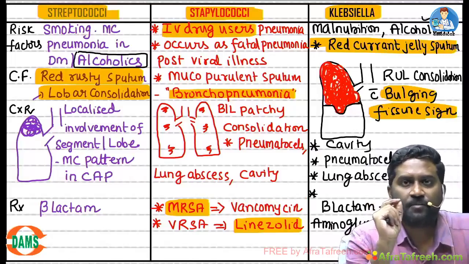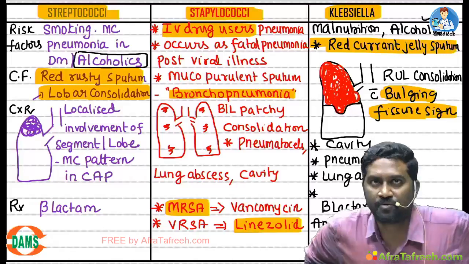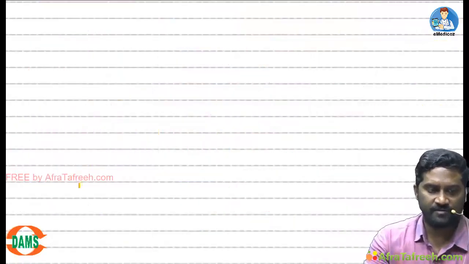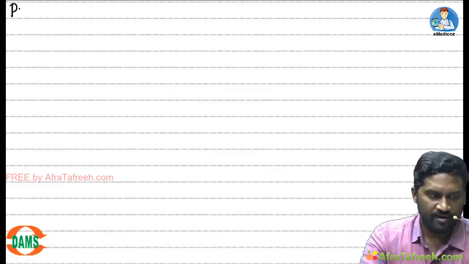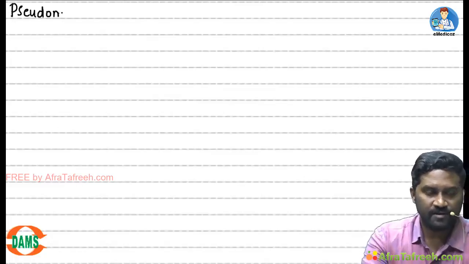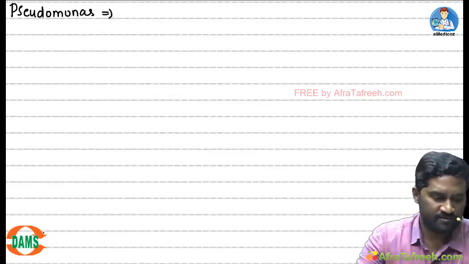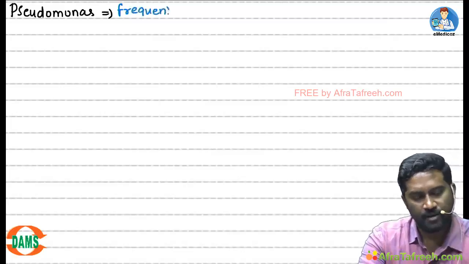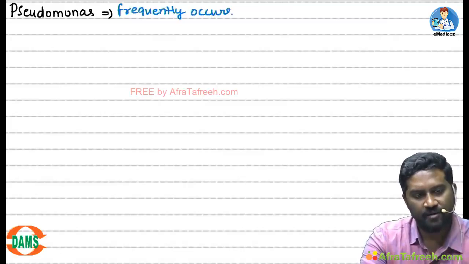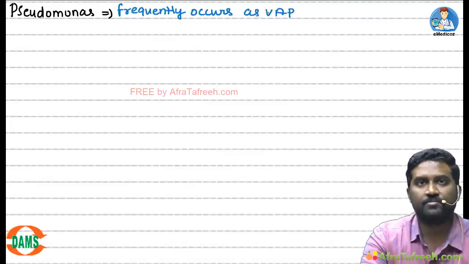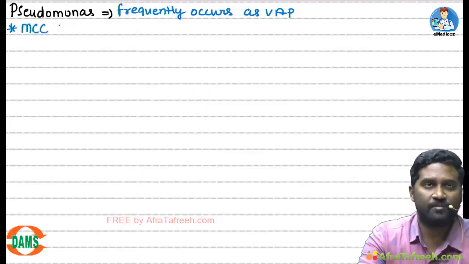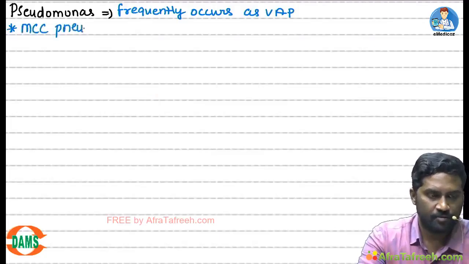So this completes the important typical pneumonias: Streptococcus, Staph, Klebsiella. Now another typical pneumonia will be your Pseudomonas. So write down Pseudomonas. Where are we routinely seeing Pseudomonas pneumonia nowadays, students? It frequently occurs as ventilator associated pneumonia. Whereas in the community, if they ask you the most common cause of pneumonia